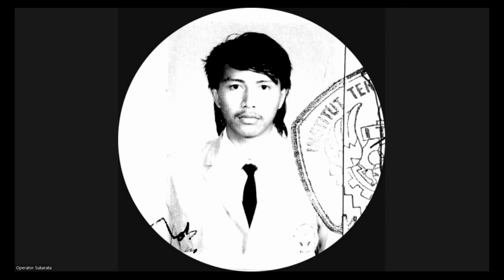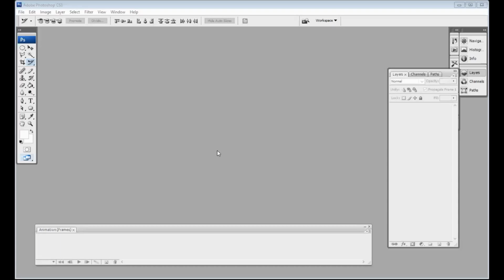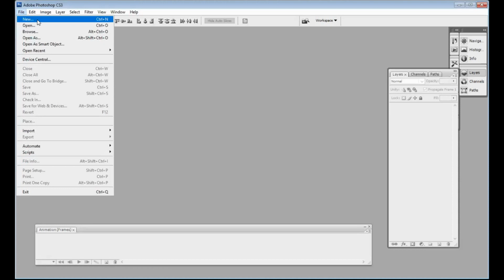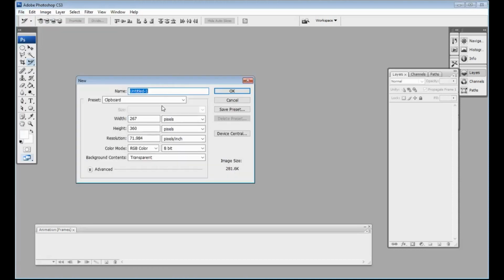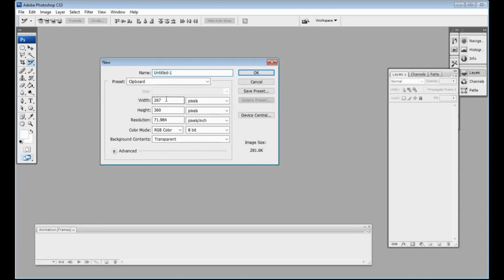Okay guys, let's try to learn how to divide an image on Photoshop. Now I will make a canvas first. I use 1500 pixel width, 1500 pixel height, and a resolution of 300 pixels per inch.